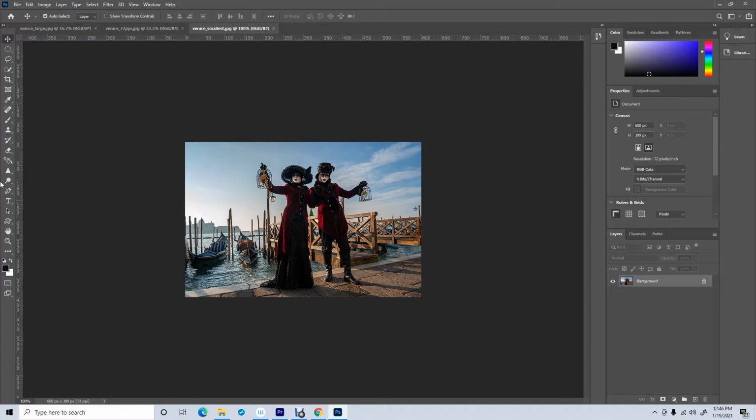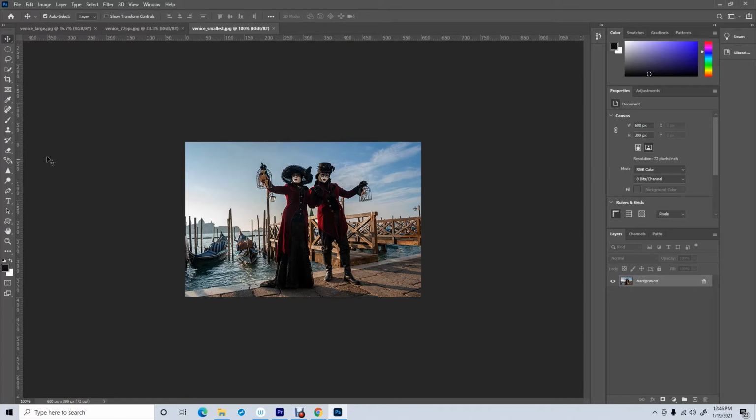So when you're doing anything for the internet, you want to originally get down to 72 pixels per inch. But if you want to print out a photograph, you're going to need 300 pixels per inch,